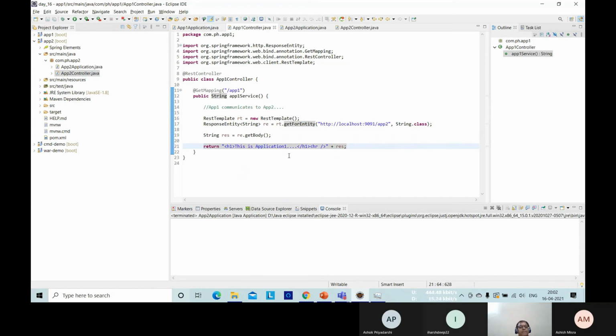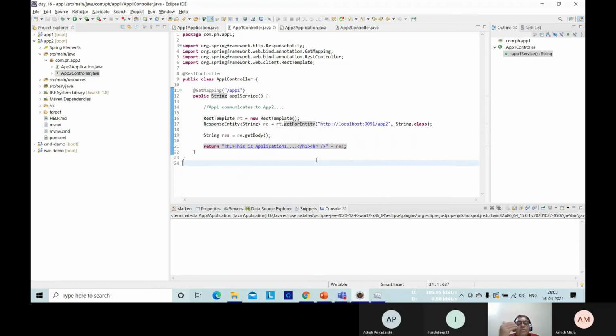Okay, guys. Now I think my application is ready. So app 1 is getting a response from app 2. At this point, what happens? App 2 is a server API and app 1 is a client. Who needs it?